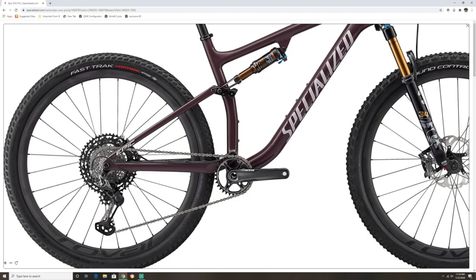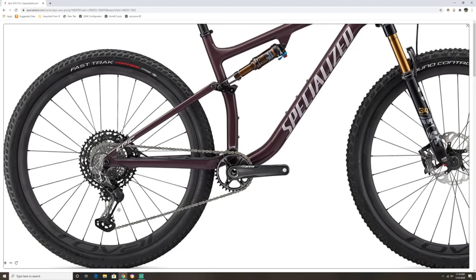This full setup, the Shimano XTR, is going to be a mechanical setup, so it is a cable run through here, and they do have their clutch system on here. The clutch is right here. When this clutch is down, it's going to make this a lot smoother shifting, but this cage is going to be a little bit softer, and it might rattle around a little bit more on more